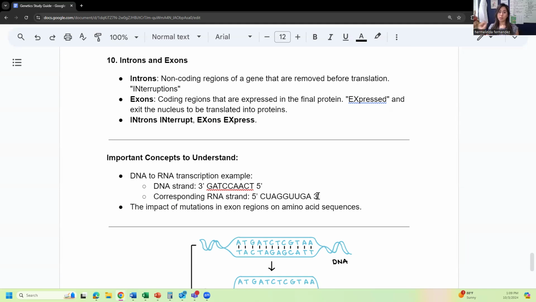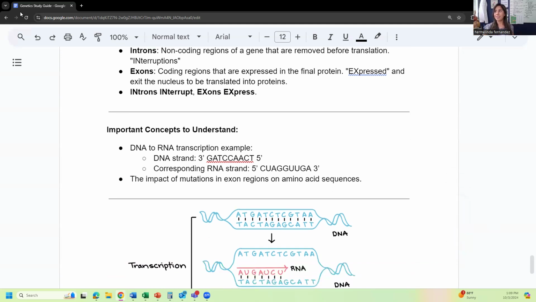And then remember the uracil. Instead of thymine as in DNA, RNA has uracil. So you're pairing those two, okay? And that is it for